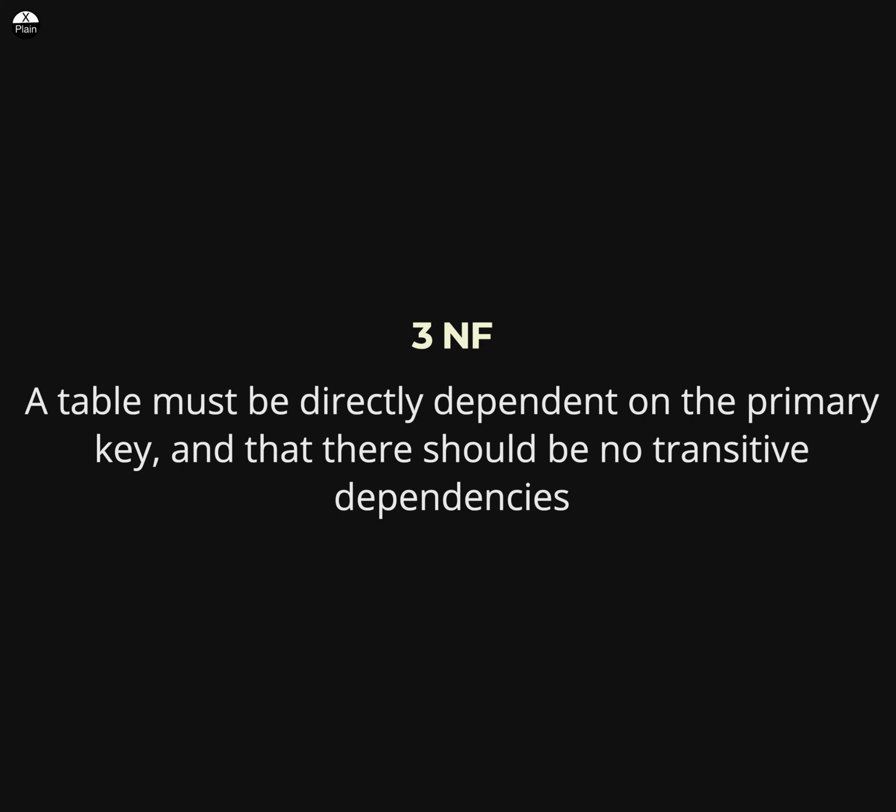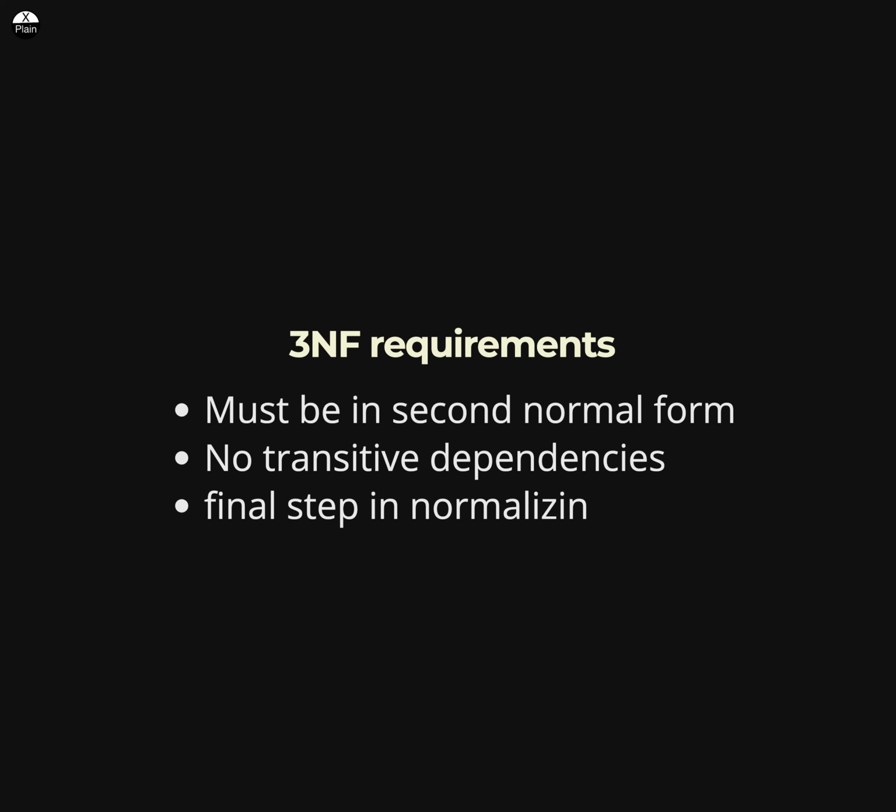To achieve third normal form, a table must meet the following requirements. It must be in the second normal form, which means that all non-key attributes must depend on the entire primary key, and there should be no repeating groups. There should be no transitive dependencies in the table. In other words, all attributes should be directly dependent on the primary key, and there should be no attributes that